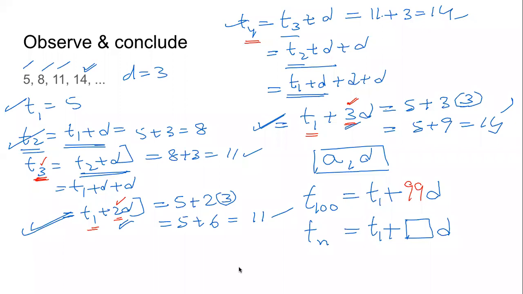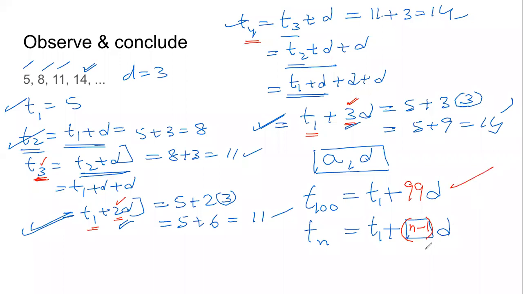1 less. So it is subtraction. What will be the amount? 1 less than n means n minus 1. Now the entire n minus 1 will be multiplied by D, so we will have to put a bracket there. See, if n equals 100, then n minus 1 is 99.